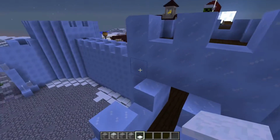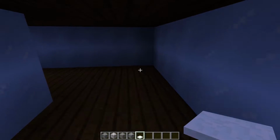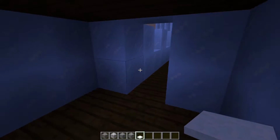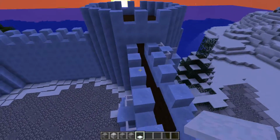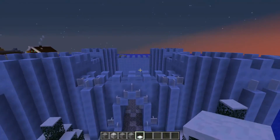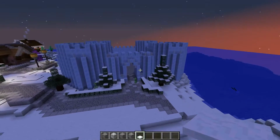And I don't know how well it came across in the time lapse, but I also have this part going under here, and so all the towers are connected to all the walls, and you can make your way around the castle with ease. Anyways, I hope you did enjoy this build,